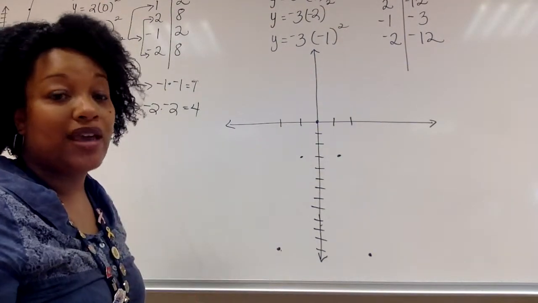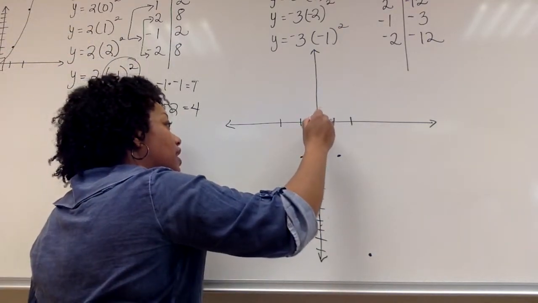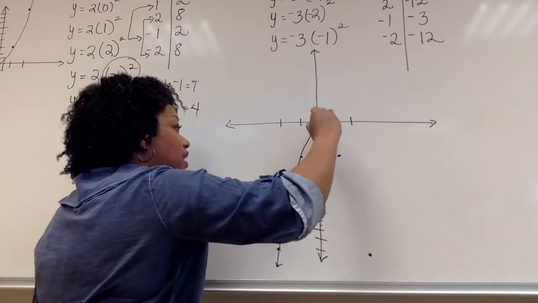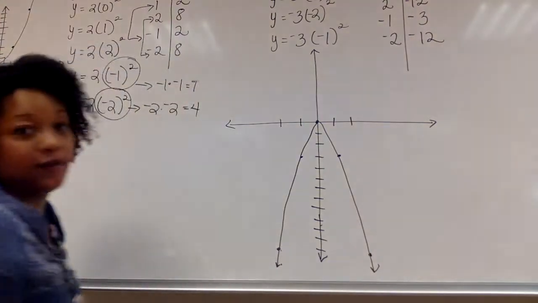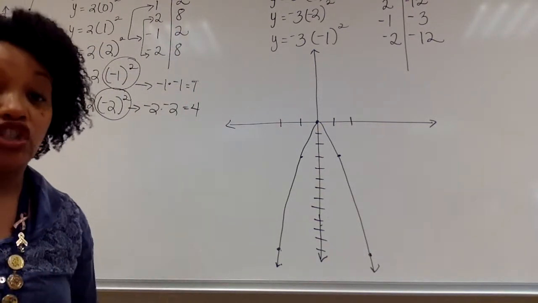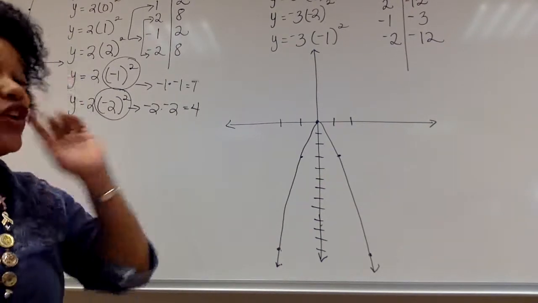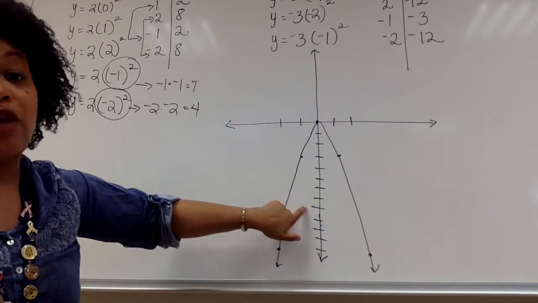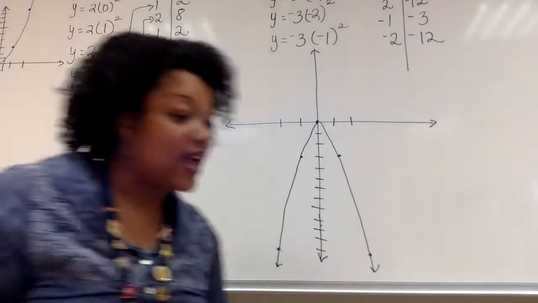I've got my points, but it's not a parabola until you have a curve. So I'm going to have my curve, and this time when you connect your dots, you should see something very different than what we had for example 1. Is it still a parabola? Yes, because it's still a U shape. Looks like a V, but that's just my drawing. There's one major difference between these two examples that made this parabola flip upside down. Hopefully you noticed it. If not, that's what we're